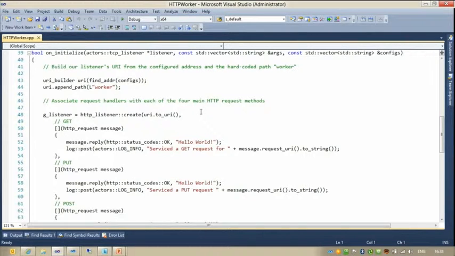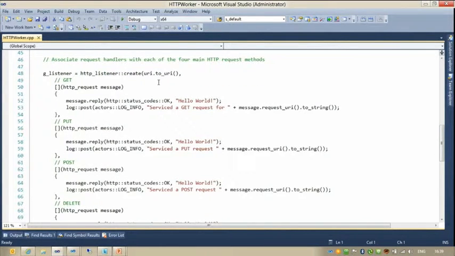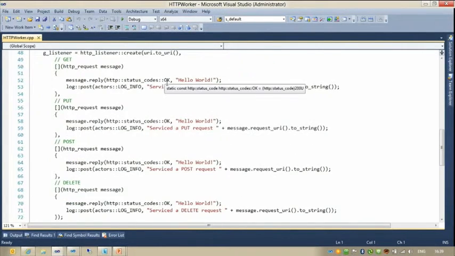So what we do here is very similar to what we saw in the trivial example. Because we're hosted, we will get data like the address from configuration data that is passed into us. And so what we do first is we build up a URI string from the configuration information. I'm not going to go into how that works because I encourage you to find out for yourselves in the samples.